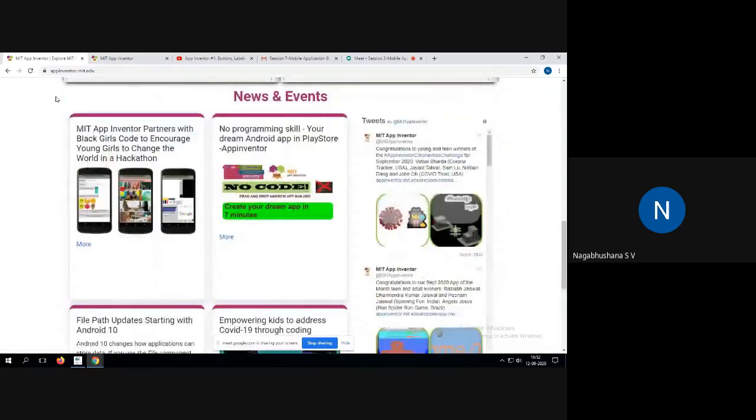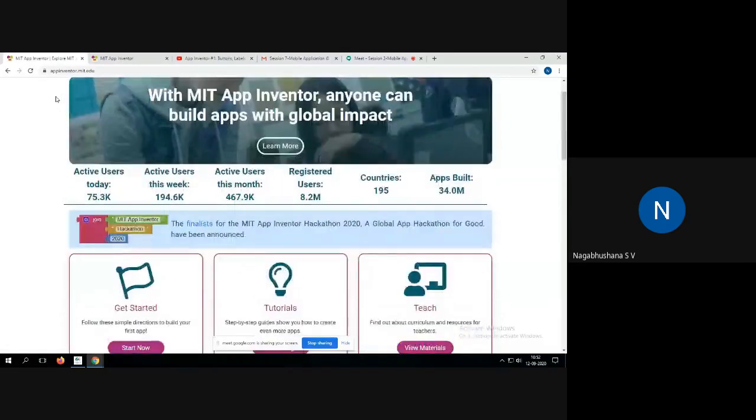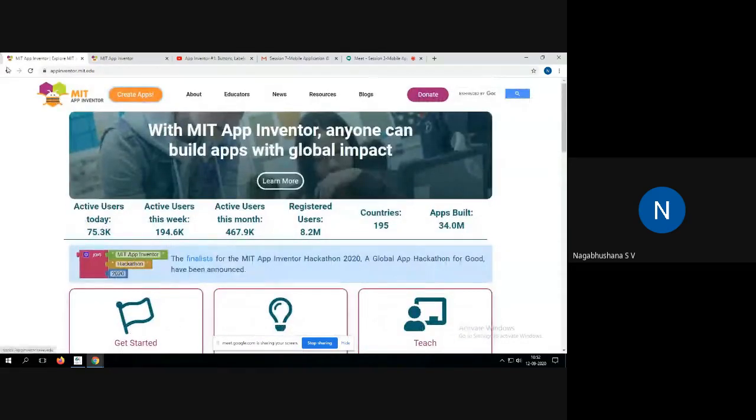So you have so many things in this case. The URL is appinventor.mit.edu. It is very easy to start all your applications, and in fact you can also do lab programs. It does not require any programming language, so you need not write any code for this. It's very simple to carry out the process.